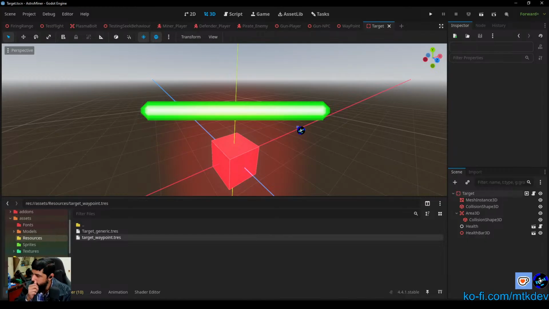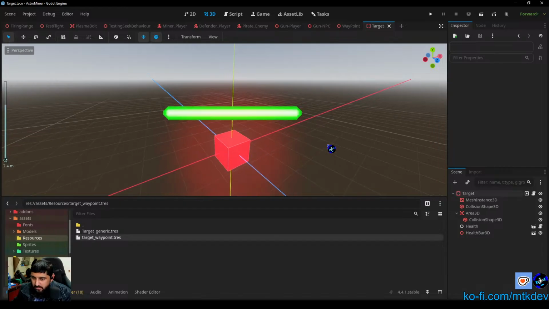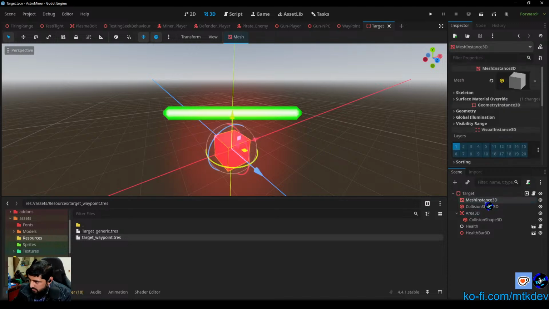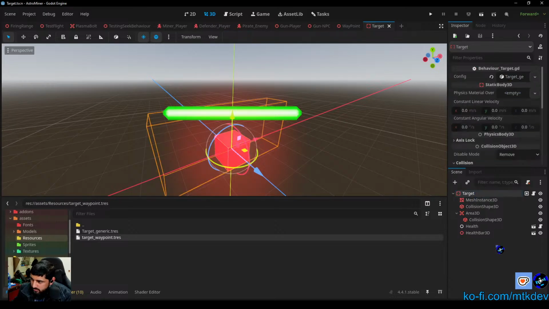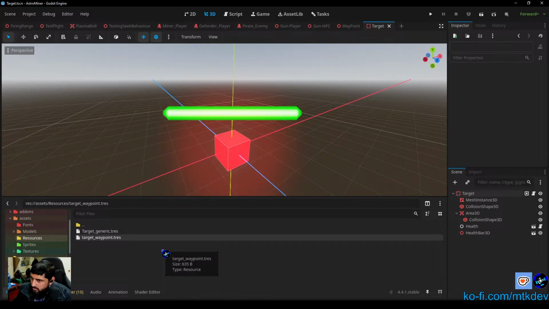So I got happy a little too early. It seems that I was using these as the shape for the resource when I should have used a generic shape with generic values. Okay, so